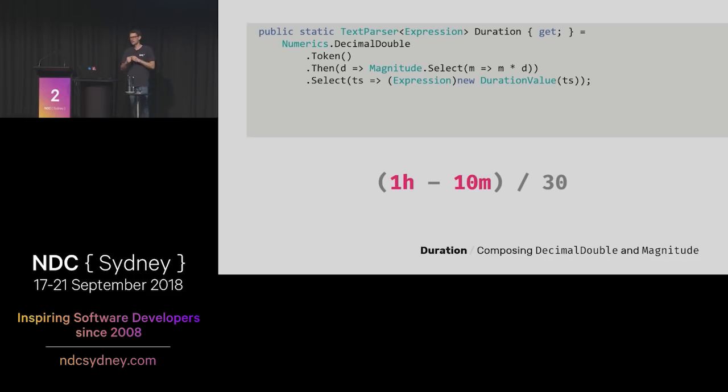Token just tells us that it's OK to surround that with white space, so it's another parser that goes and tries to chomp through as much white space as it finds before applying the parser that it wraps. And then we see, as we did in the earlier one, where we try and apply magnitude, and if we succeed on both, then we can pop back out a duration that captures that time span that the token has encoded.